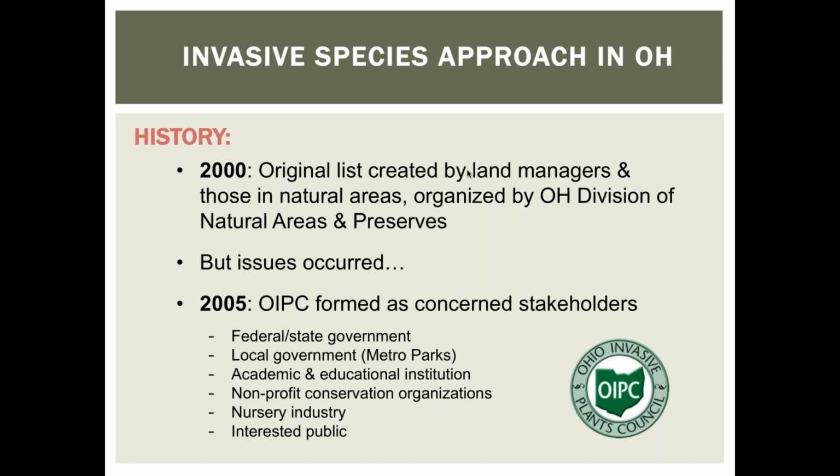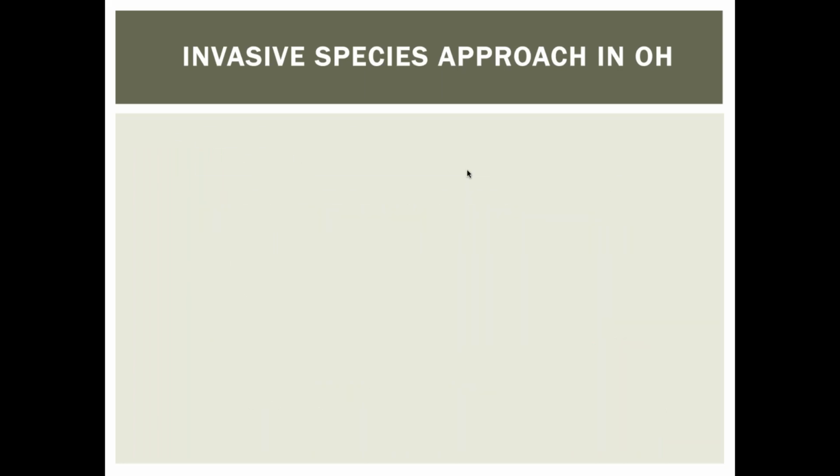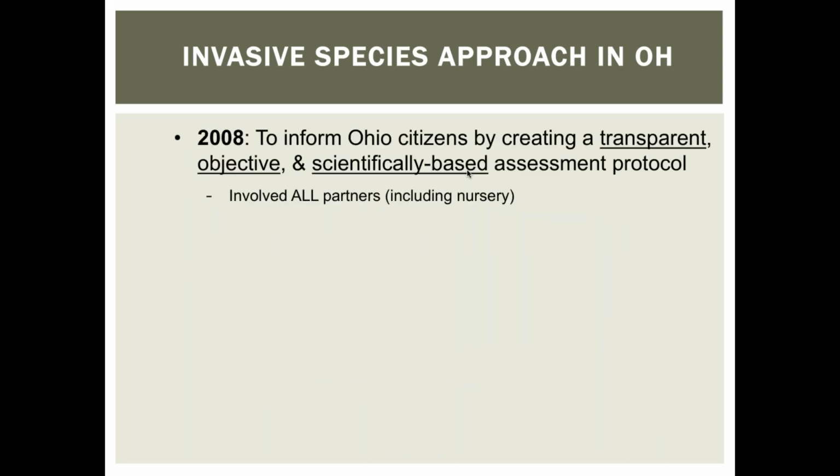So about this time period, shortly after 2005, we started to realize that there was a need to update this list that was created in 2000, because we were getting questions like about lesser celandine, for example. You know, why isn't it on your list? So in 2008, the Ohio Invasive Plants Council decided that we needed to come up with a new list,